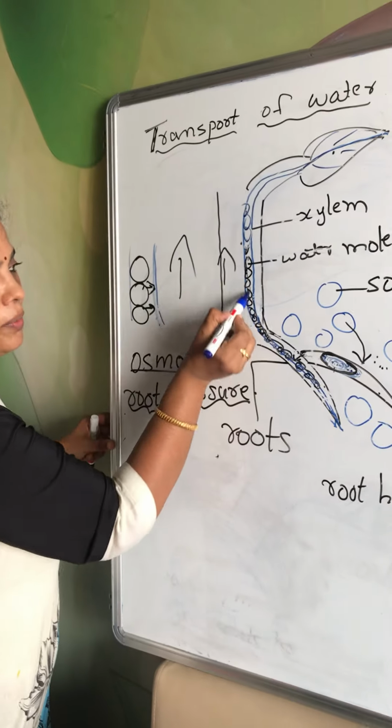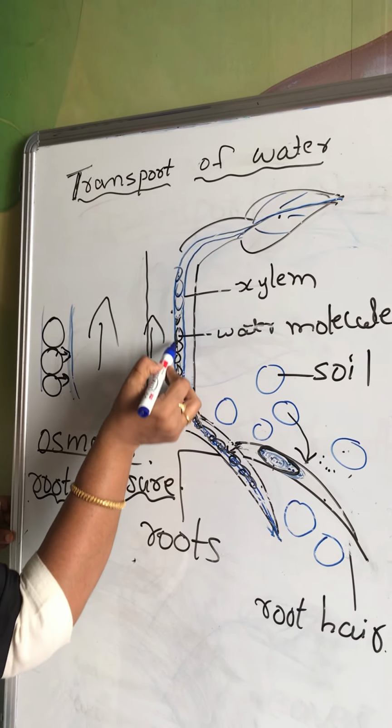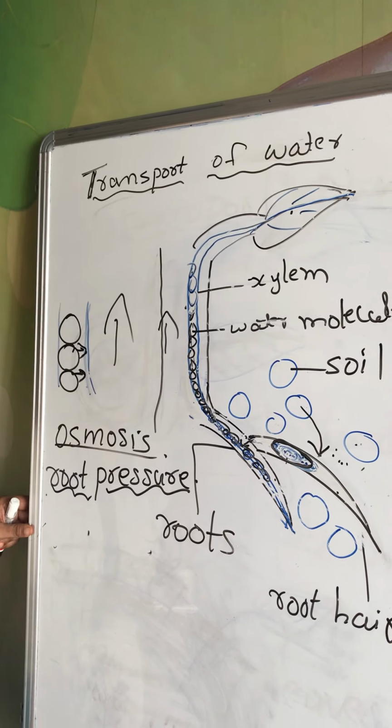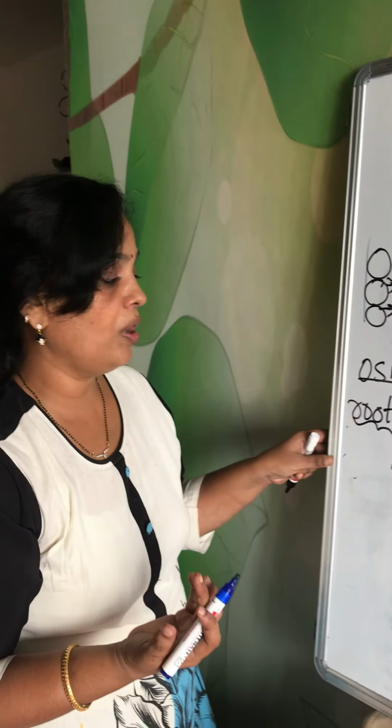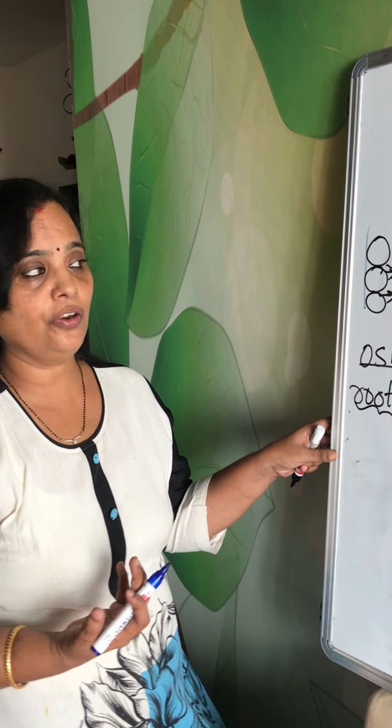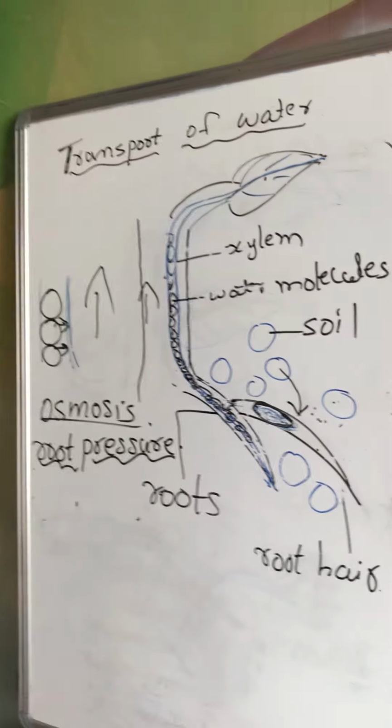This root pressure keeps the water molecules moving upward, and you can see how the water molecules form a continuous column of water. That pressure is called root pressure. Yes, children, so root pressure is a kind of pushing force, because it is pushing the water molecules from bottom to top. It makes the molecules move continuously through the xylem vessels till they reach their destination, the leaves. So this is how it helps in the movement of water in xylem.